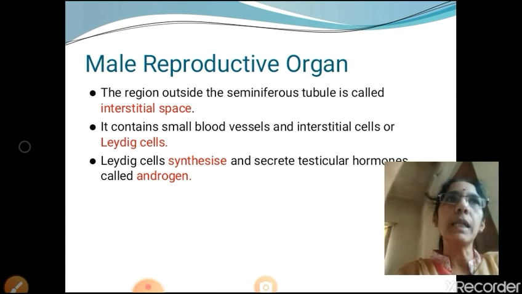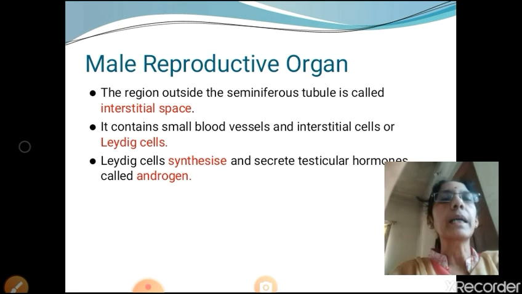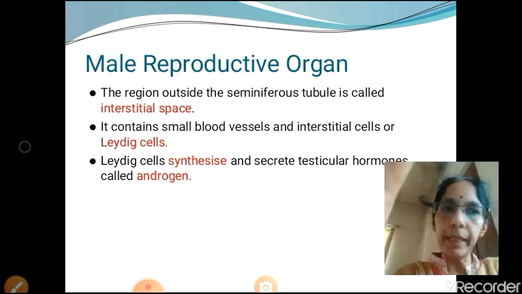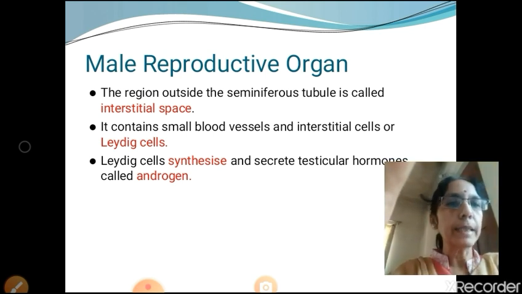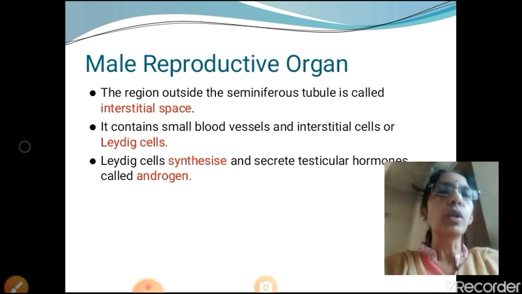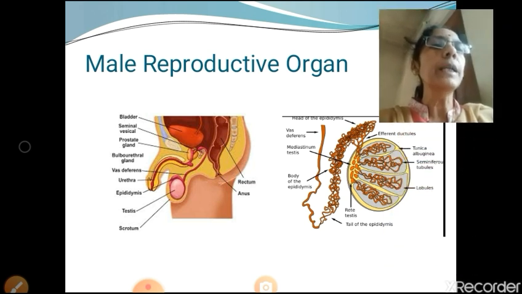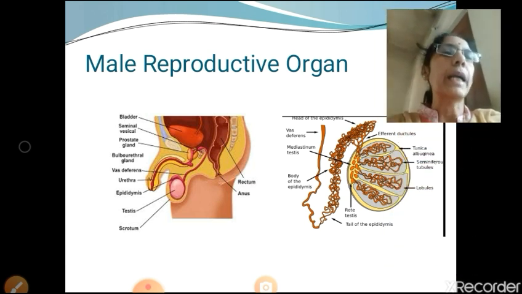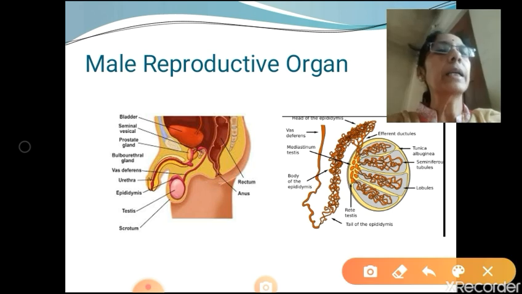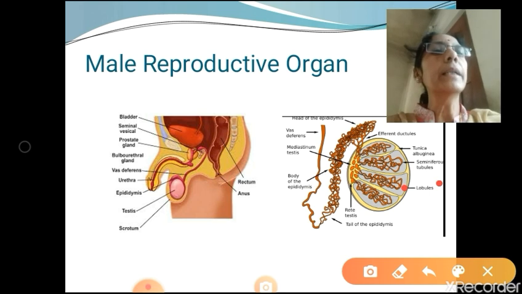So, the space outside the seminiferous tubule is called the interstitial space, and it contains small blood vessels and interstitial cells, or Leydig cells. The function of the Leydig cell is to synthesize and secrete the testicular hormone called androgen. It also has components of the immunological reaction. Here you can see the gray part represents the testicular lobule, and